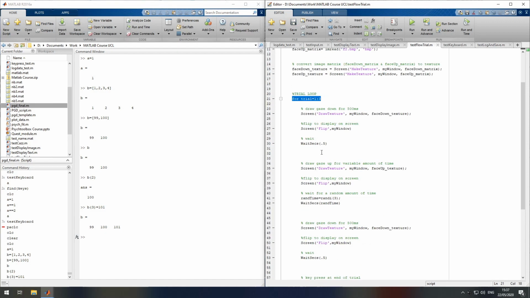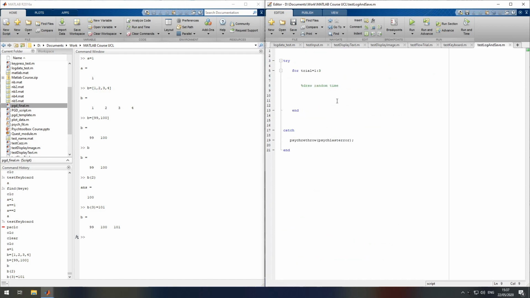So let's look for that random time. Okay, so this is what we're looking for. Okay, draw a random time. Very well. So we're pretending here that there was a first stimulus. Now there's going to be a stimulus that has a variable duration, so that's going to be presented here. And after this amount of time has elapsed,